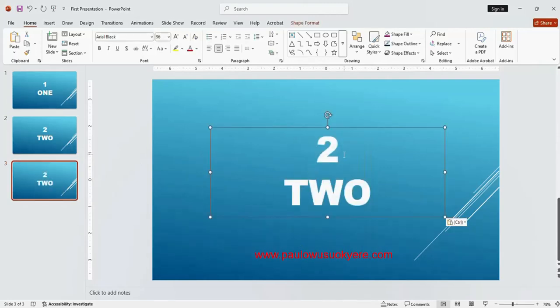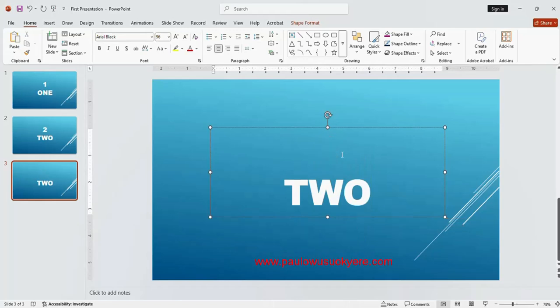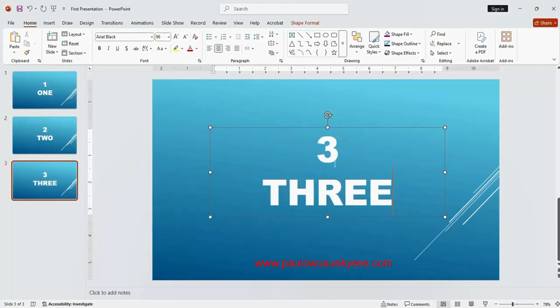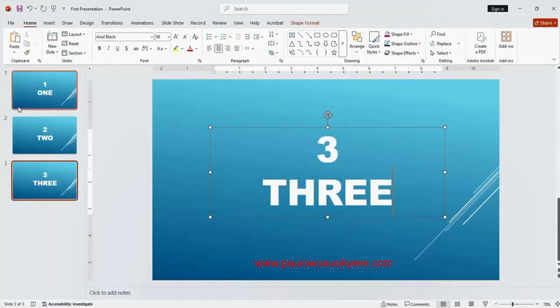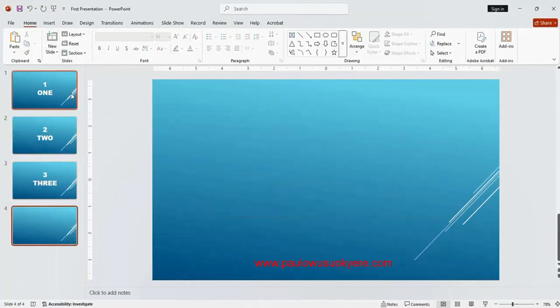Then I change the content to 3. Okay, then I go to file and save it. Okay, now I add new slide 4. Okay, then I go to 3 and copy, or